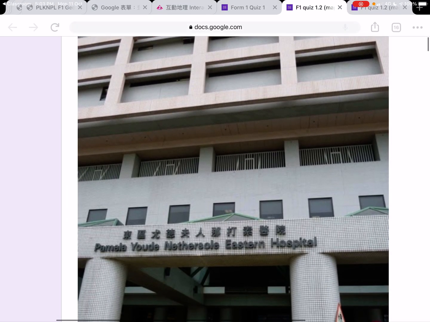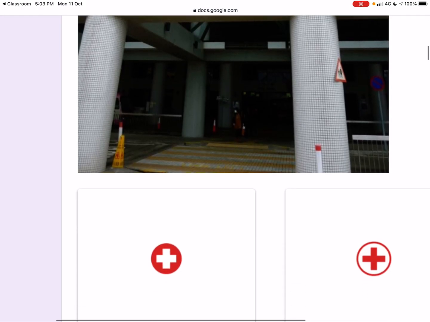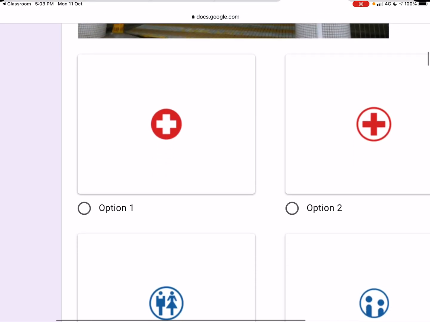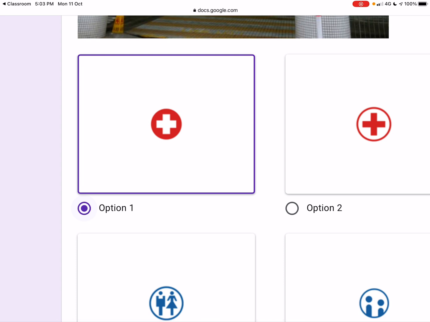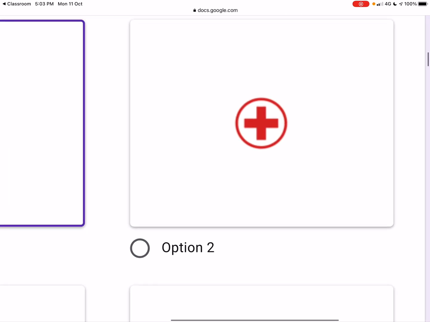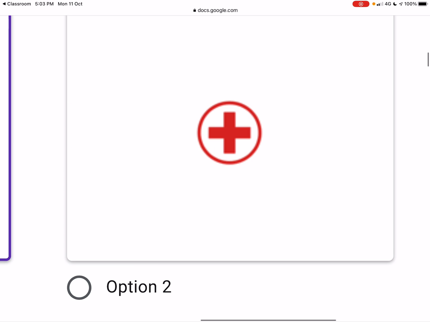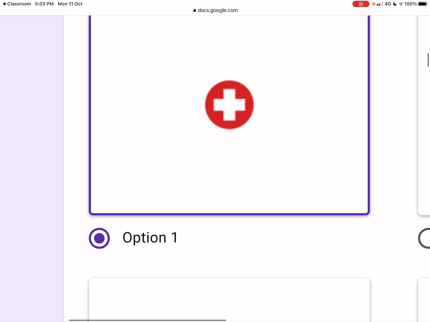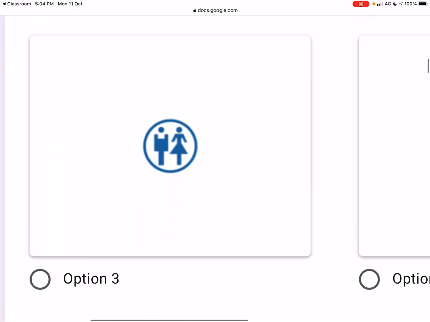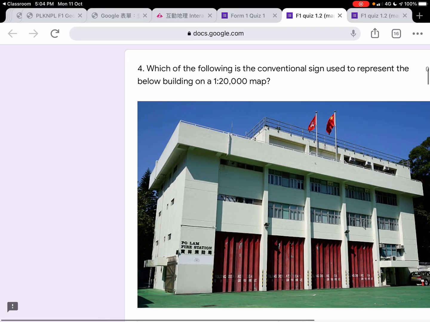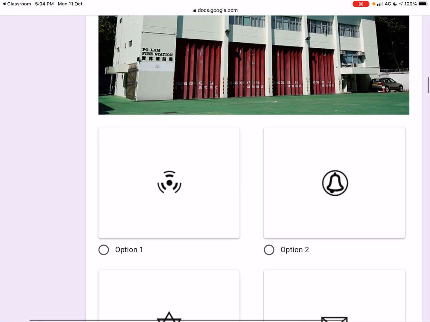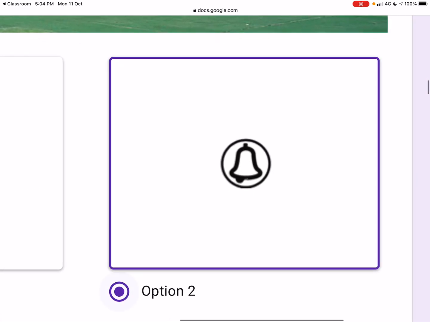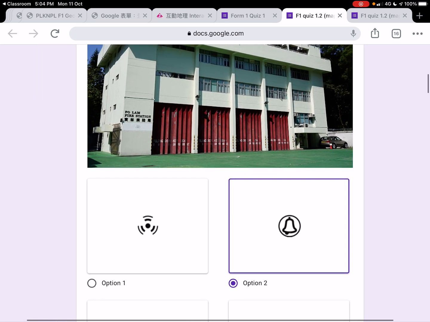This one, you can see there's a hospital, and I have told you in the lesson, hospitals are always darker in background because it's not good. It may have some people dying inside, okay? But the clinic should be this one. Clinic is this one. Meanwhile, the hospital is having a serious situation, then it should be a darker color, okay? So option 1, okay. And then fire station, we always use the bell to alarm the fireman, so it should